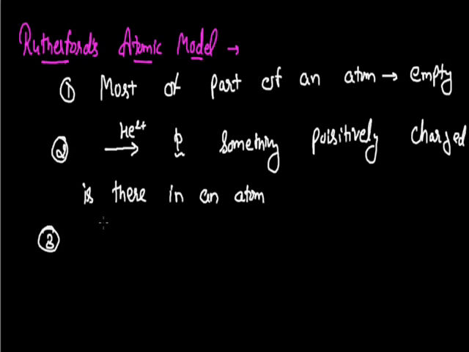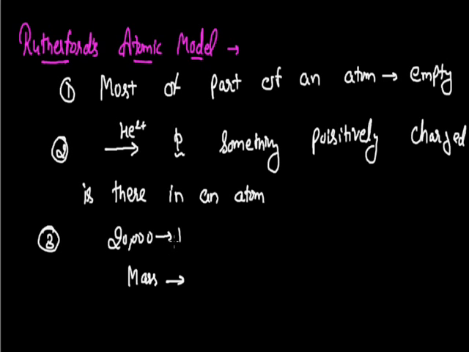The third observation was, since he found that the alpha particles were deflected by small angles, he considered that the whole positive charge in an atom is concentrated in a very small place. And the fourth observation was that out of 20,000, only one alpha particle was showing deflection, and this is possible only when the alpha particle collides with a very heavy mass. So he concluded that all the mass of an atom is concentrated at a very small place.